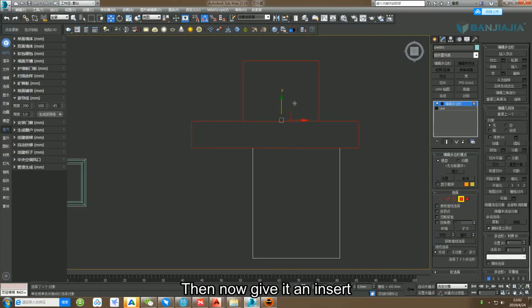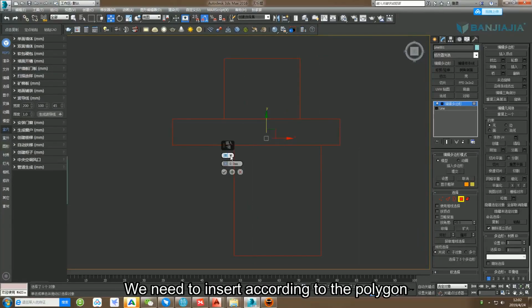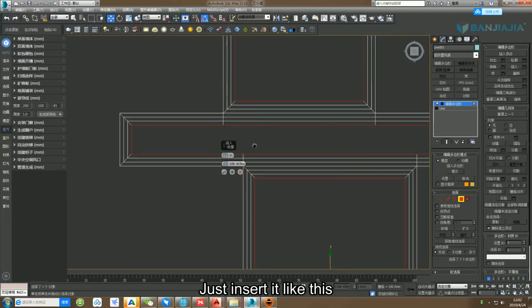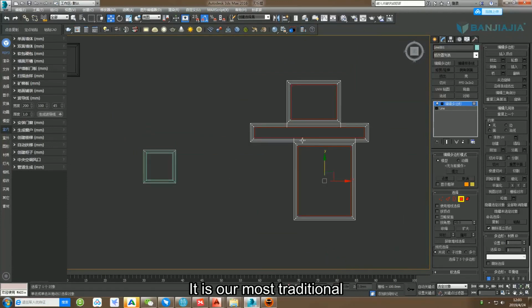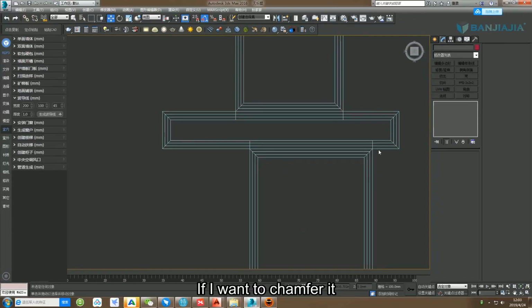Then now give it an insert. Insert separately. Then this insert. We need to insert according to the polygon. At this time, you go and insert it. This is how you insert it. Then insert 1, 2, and 3. No matter how many you insert, just insert it like this. So if it's like this, it is our most traditional, this older method. Then after inserting like this, if I want to chamfer it,